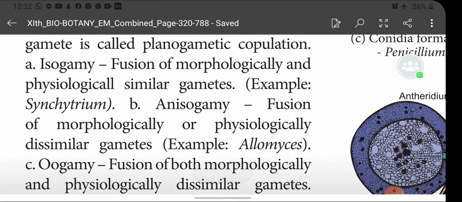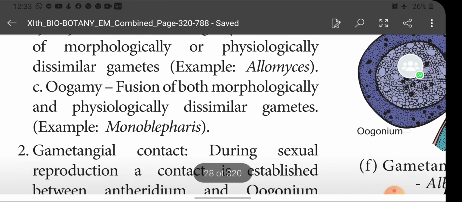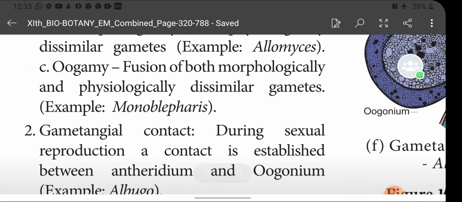Let's see isogamy. Iso means what? Same. Fusion of morphologically and physiologically similar gametes is called isogamy. Example: Syncytium. And anisogamy, fusion of morphologically and physiologically dissimilar gametes. Example: Allomyces. Oogamy, fusion of both morphologically and physiologically dissimilar gametes. Example: